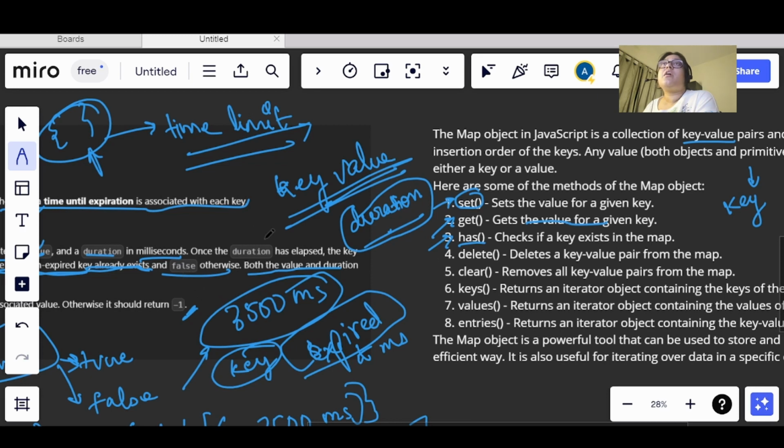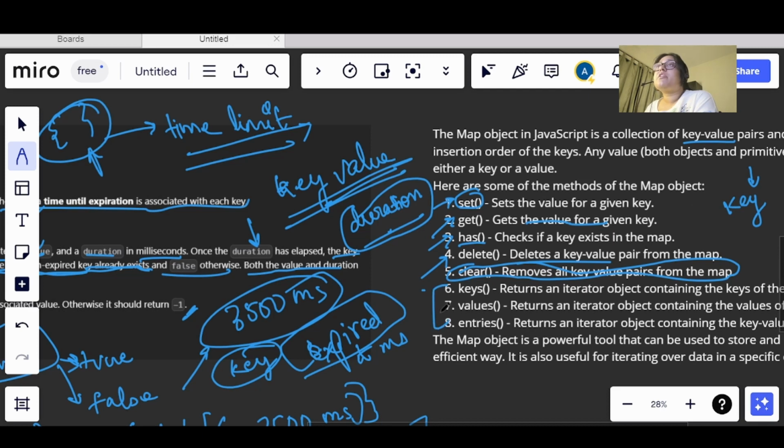And if the duration was getting elapsed, then we had to make the key inaccessible. In such cases we can use delete. We can delete the key value pair, so it will become inaccessible. So delete is used to delete the key value pair from the map. And we have clear here. Clear will remove all the key value pairs from the map.